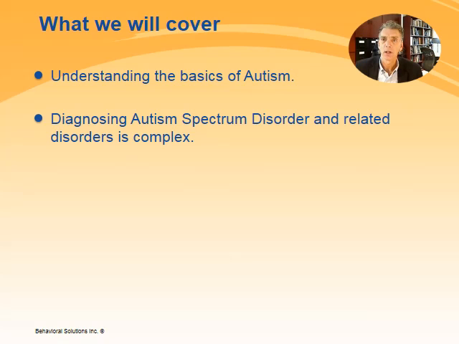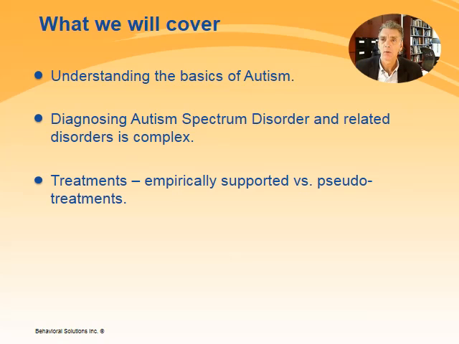Treatment, of course, is a very critical topic. We'll be focusing on what is termed empirically supported treatments, which is in fact the only kind of treatment that most people think of when they themselves go for treatment. This is in clear distinction to pseudo-treatments or more experimental but as yet unsupported treatment options that are routinely marketed as cure-alls or the next best thing for children and adults with autism. We'll be covering empirically supported treatment options more extensively in other presentations.